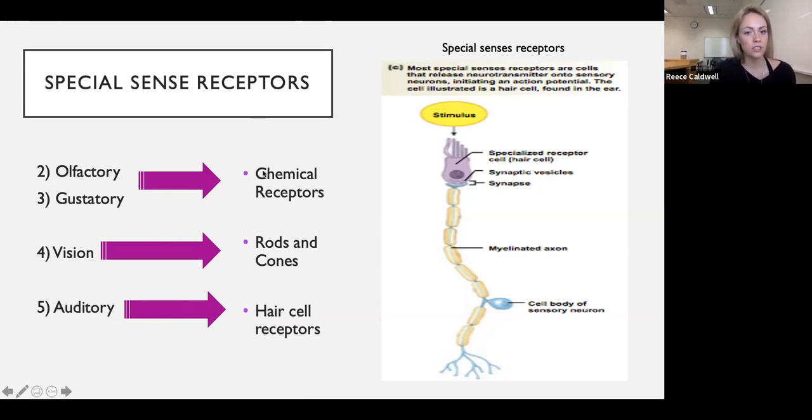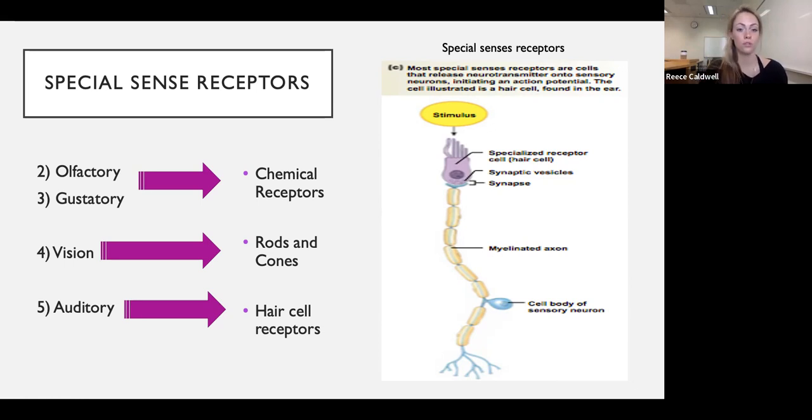So those chemical receptors, everything that you smell is chemicals. Perfume is made of chemicals, gasoline is made of chemicals. Everything that you smell is chemicals that are dissolved in the olfactory epithelium in the nose and detected, stimulating our special sense receptor in the olfactory as well as gustatory system. Everything you eat is made up of chemicals. Even natural things like vegetables are made up of different natural chemicals. And therefore, whenever they dissolve on the taste buds, our taste buds have special sense receptors that detect the taste